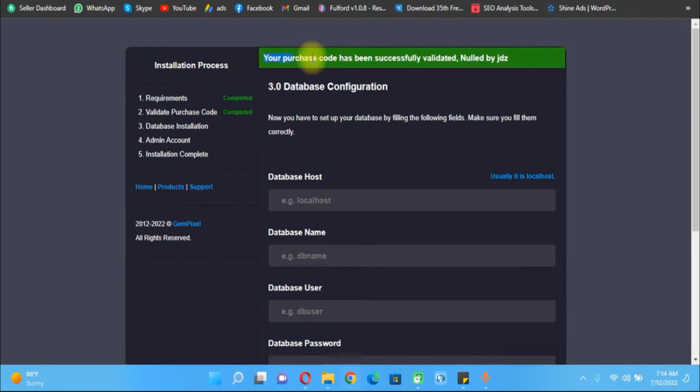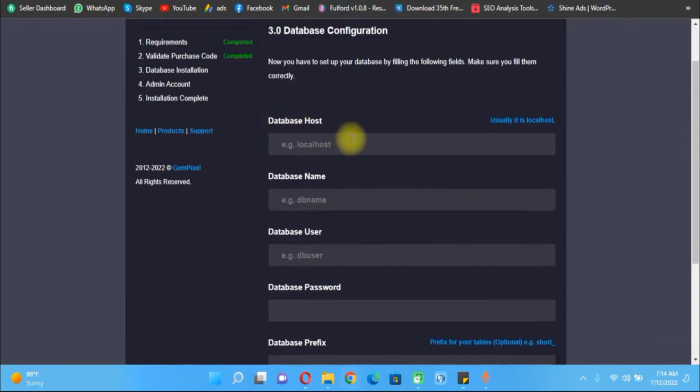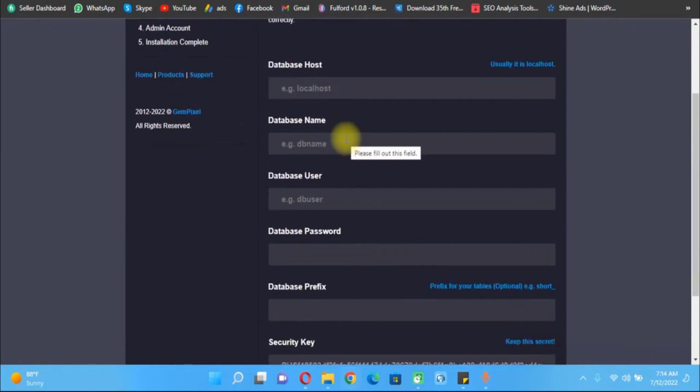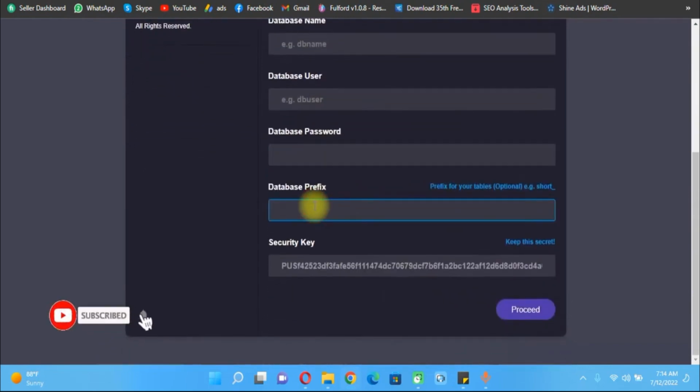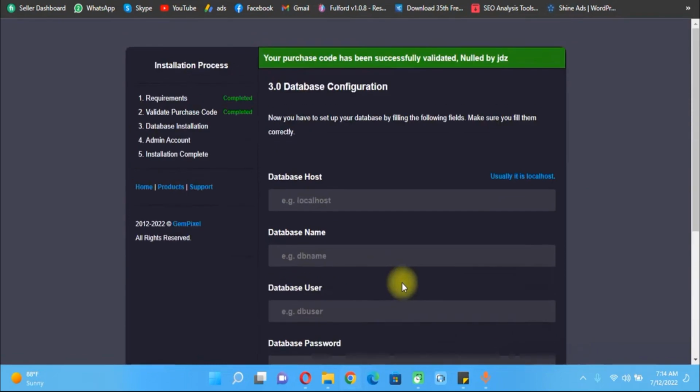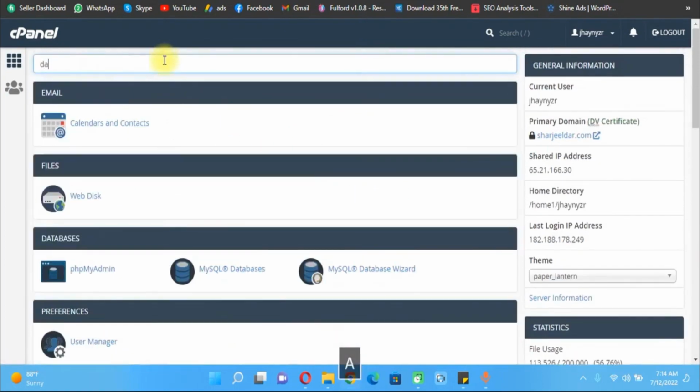So as you can see here, your purchase code has been successfully validated. Now we are going to add database host, database name, username, database password, and database prefixes, which is optional. Here is the security key, and it's already added. So what we are going to do now is go back to your cPanel and let's see database,